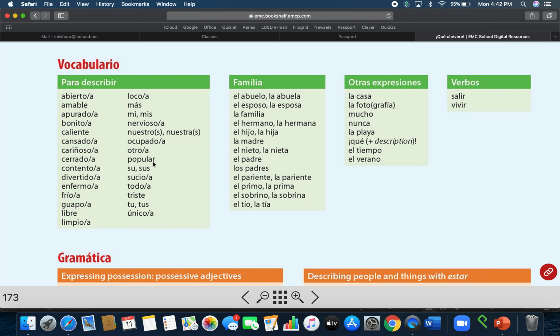So the plural of this, well, first of all, masculine, popular, feminine, popular. And to make it plural, ES, because it ends in a consonant. ES, so populares. All right. And so if it ends in a vowel, add an S. If it ends in a consonant, add an ES. And if it ends in a Z, which if you look right here, none of them end in a Z, but I did give you some extra words, and there was one specifically that ended in